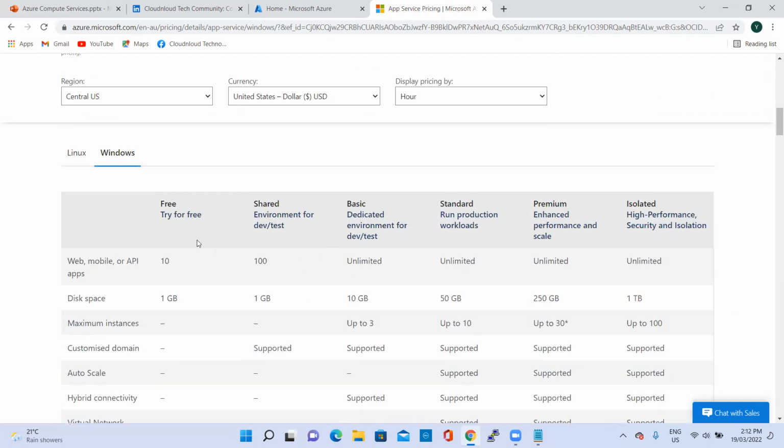Okay, so in the same way, there are other features. If you come to the basic, the maximum instances that you can create with this basic plan is up to 3, right? So here we are saying that the maximum web applications you are able to create is 10 in the free tier, 100 in the shared, and unlimited in the other plans, right? So what's the difference between these instances of this web app,